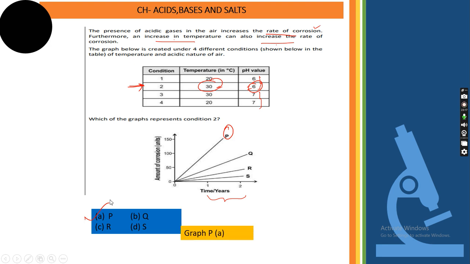I hope I am clear. So you just have to see what is being given here. See what the hint is already given here. देखो कहाँ पे acidic ज़्यादा है और कहाँ पे fast हो रहा है. See the time, what is the time slot here and the amount here. From there you can find it out. They have specifically mentioned condition 2. That's why you'll use this one.